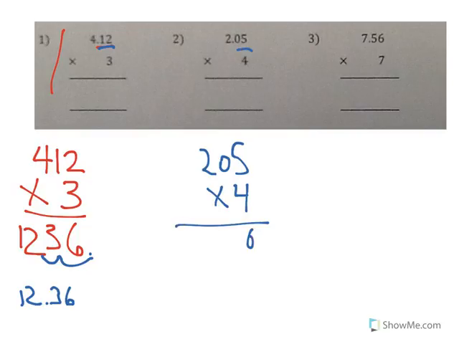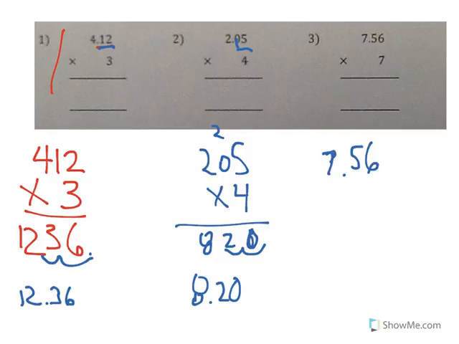4 times 5, 20. 4 times 0, 0 plus 2 is going to be 2. 4 times 2 is going to be 8. And now I've got to deal with these two decimals. 1, 2. So my final answer is going to be 8.2 or 8.20. Last one here,